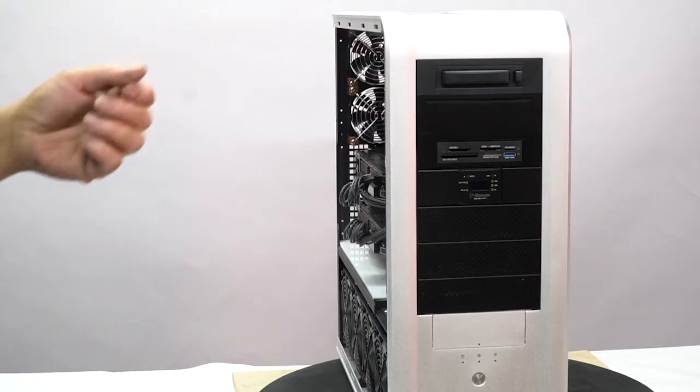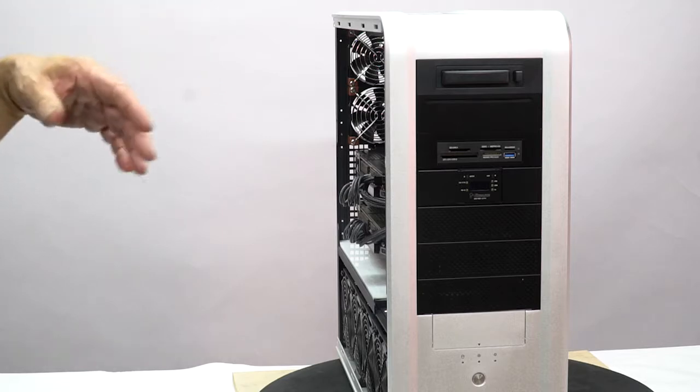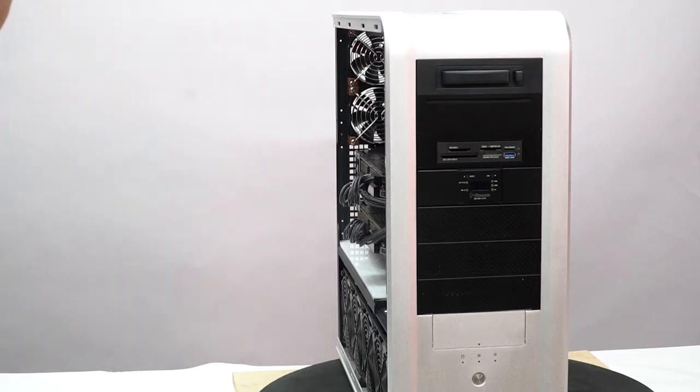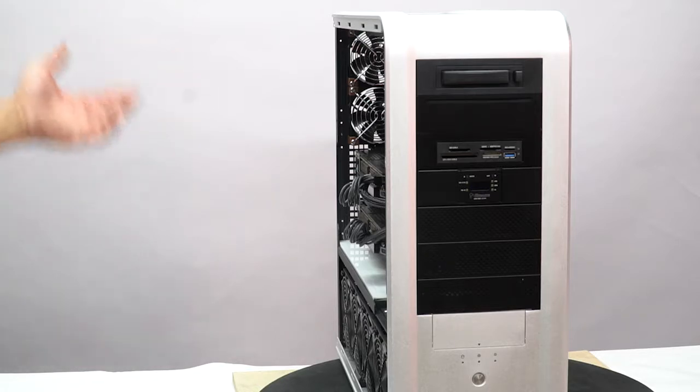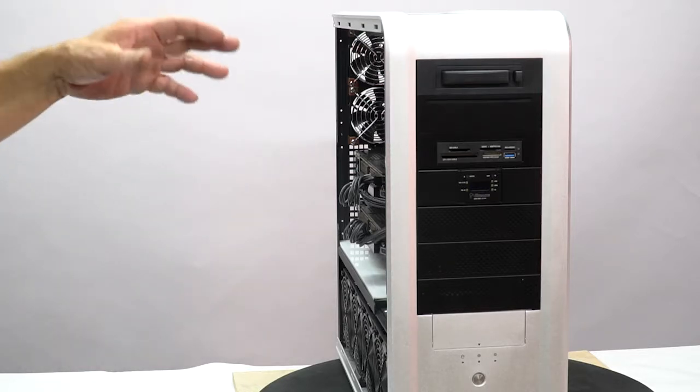It's a hot swappable drive. You can plug it in and unplug it anytime during normal operations. It'll show up in your My Computer and you'll be able to see it. It's basically a fast data transfer drive. This is so that in the event you want to pull a lot of big images off this machine and take them to another machine, it's like a thumb